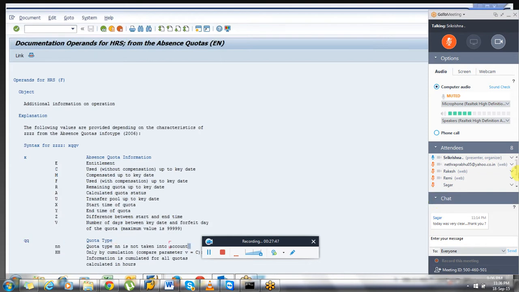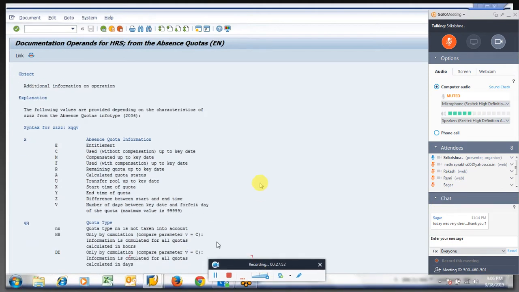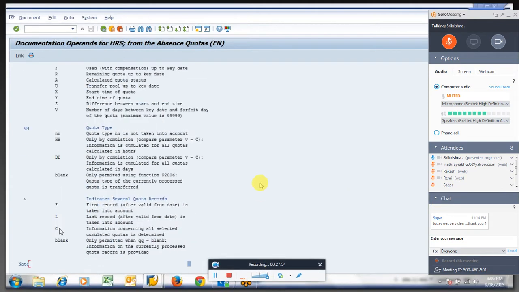So 40 is the quota number for compensatory off, and I am giving C for all the relevant cumulative data. Even if it is the first record or second record, whatever, if there is a split in the quotas also, I am going to catch the actual remaining quota balance. So that is what I used the function for.